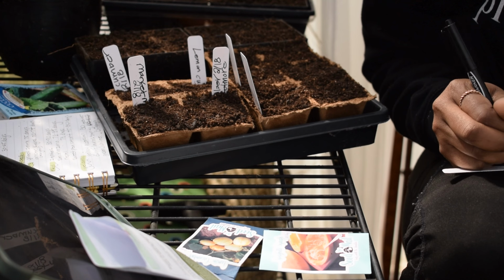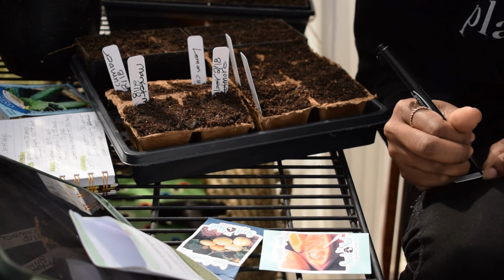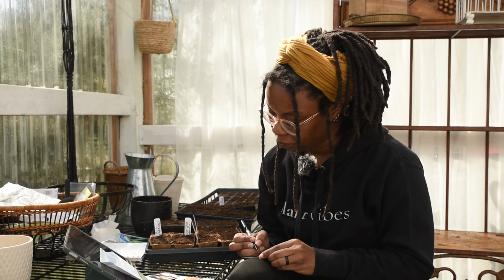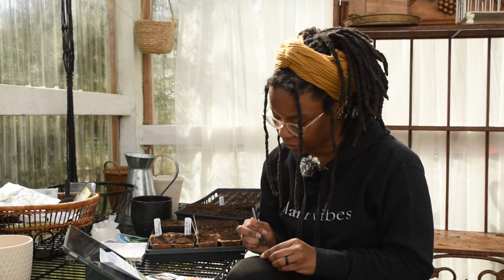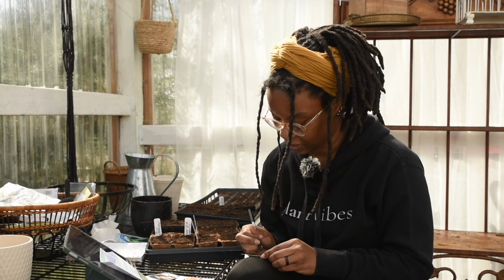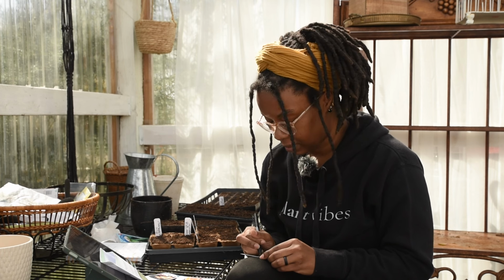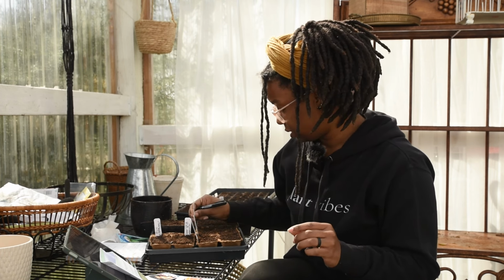I'm writing all my labels now because, since I'm talking, I'll just go ahead and write all these labels for the squash. And just like the cucumbers, I'm not sowing that many squash seeds because I've made the mistake of growing too much squash, but it does allow me to give to other people, which is nice. So that's what's been on my mind lately, especially since